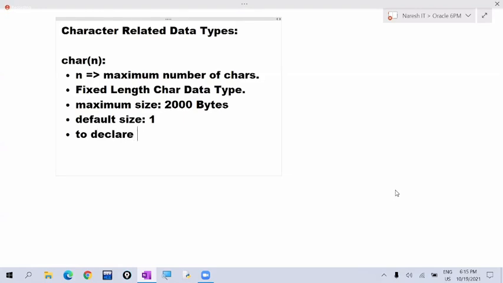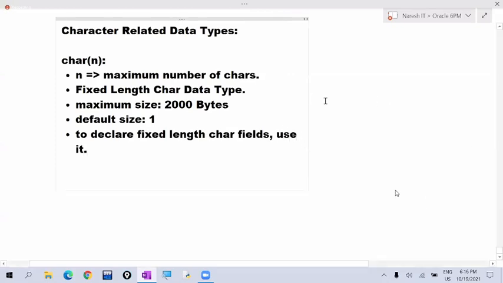To declare fixed length character fields, use it. Whenever the requirement is holding fixed length characters, then we can go for this CHAR data type.